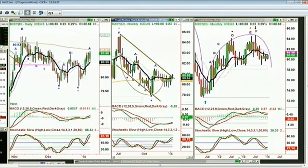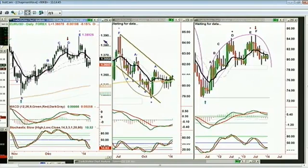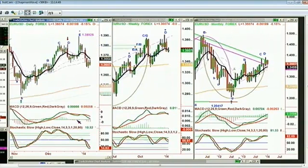Just a real quick EUR USD, and then I'm going to the lightning round. Yep, peak E top at 1.38925 in the euro-dollar currency pair. Peak D in the weekly chart. Leg D, maybe a peak D in the monthly. I'm going to be watching that very closely. Now,